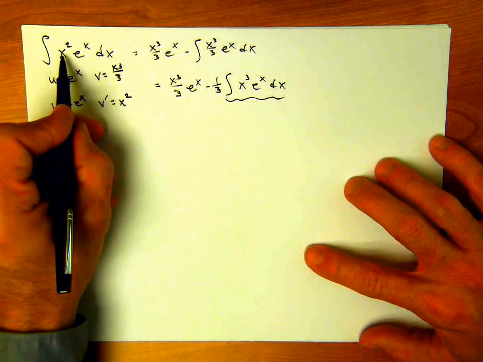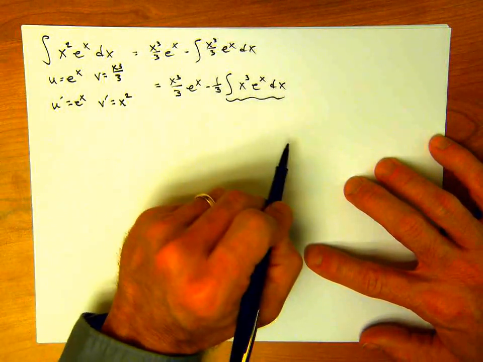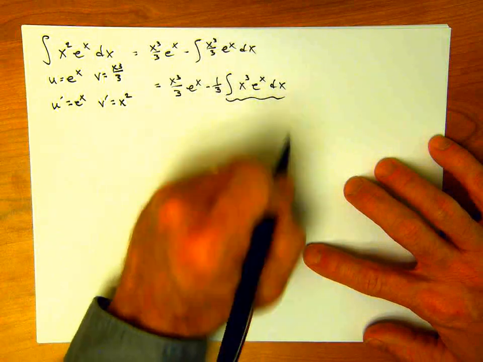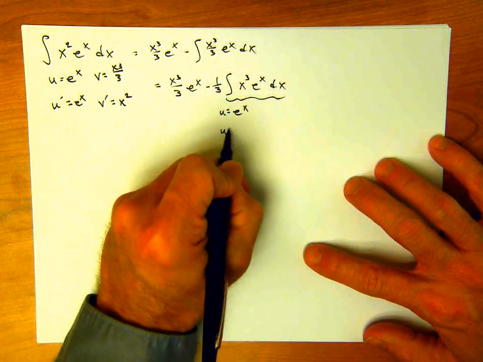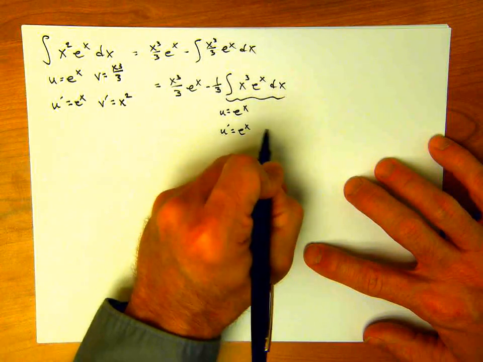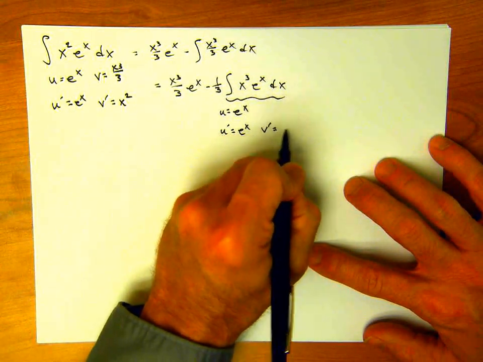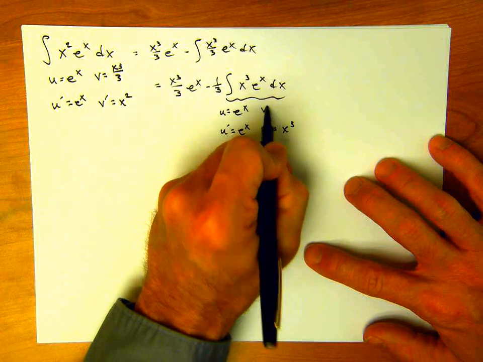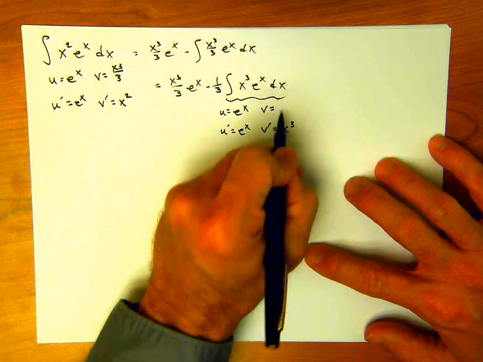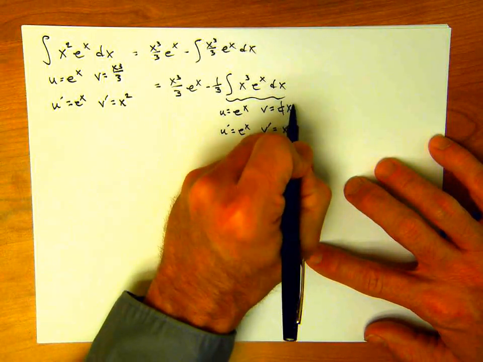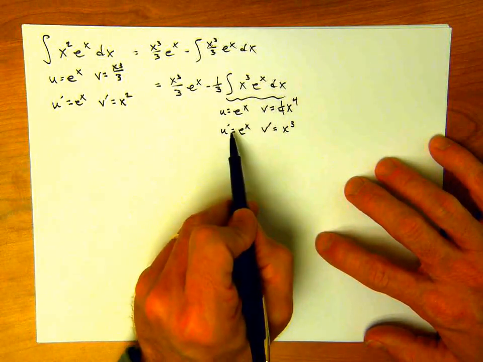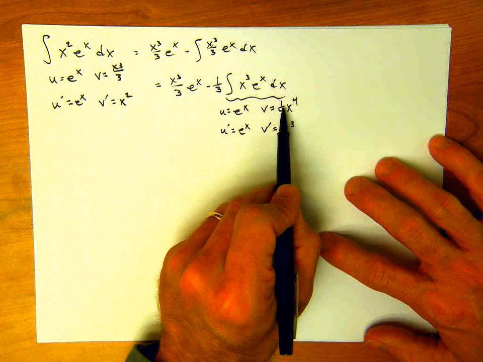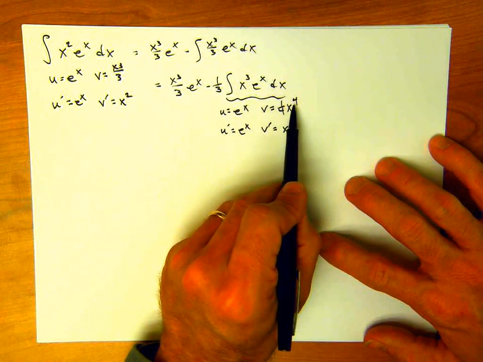That looks an awful lot like this one, so we could try the same approach, right? So we can do integration by parts on this. Let u equal e to the x, so that u prime is still e to the x. We'll let v prime equal x cubed, and then that means v is the antiderivative of x cubed, which is 1/4 x to the 4th. Now notice, when I do u prime times v, I'm going to have